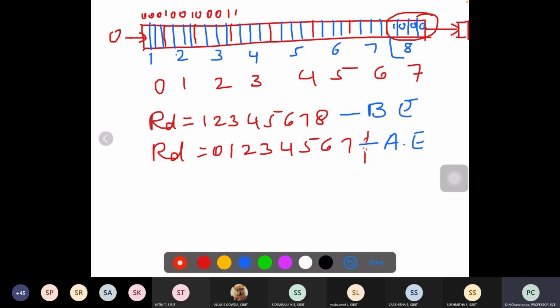Okay, this is what the shift instructions. Now the 2 instruction part is over. Now next we'll start with another instruction called as